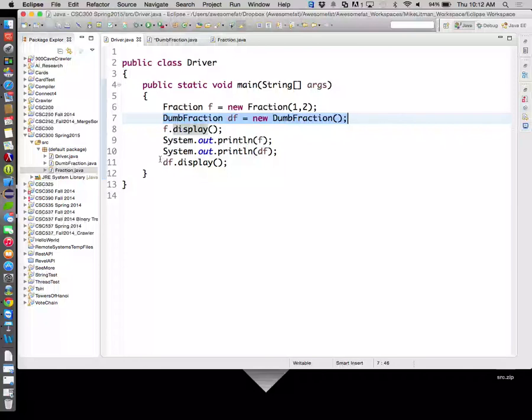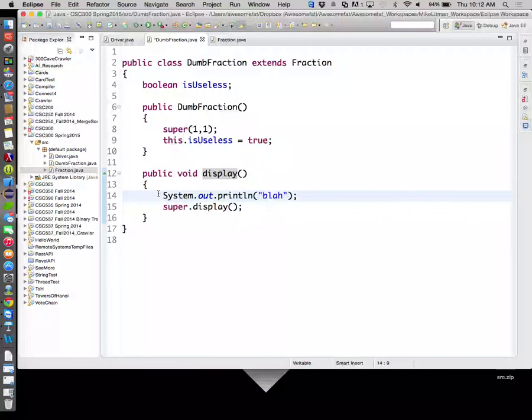Okay, so this df.display, when we call that, it's going to come into the dumb fraction's display method. It's going to print out blah, and then it's calling the display method that was inherited from the parent. So one of two things is going to display, either a pointer to a dumb fraction or a pointer to a fraction. Okay, that's going to tell us whether